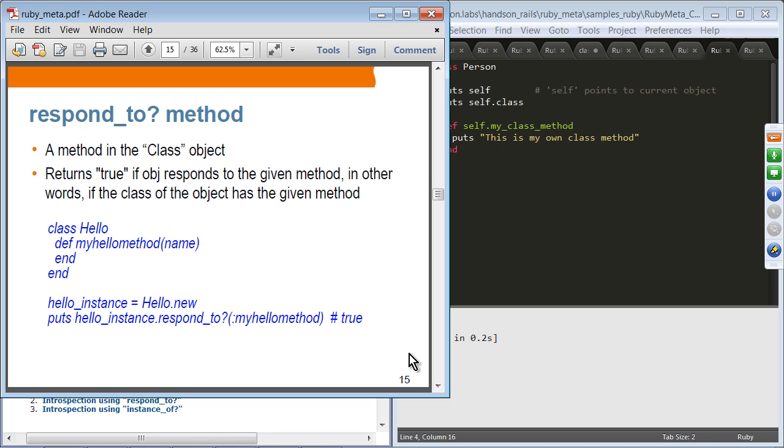Respond_to is a method of class Object. It returns true if the object responds to a given method, in other words, if the class of that object has a given method. Suppose we define a class called Hello in this case, and it has a method called my_hello. Now we create